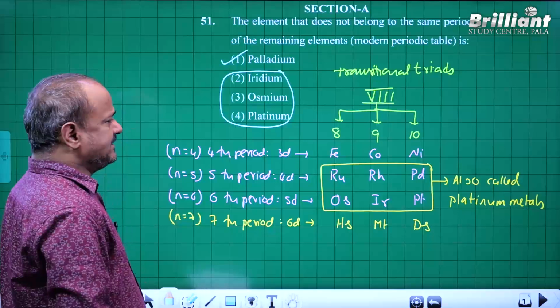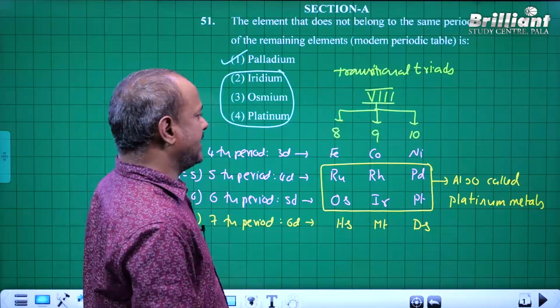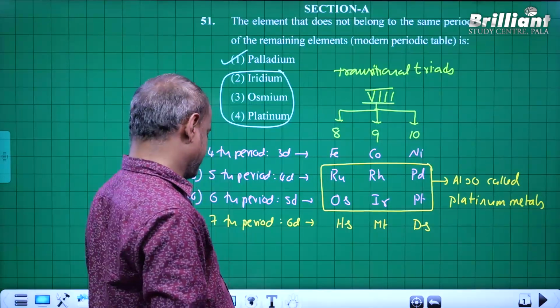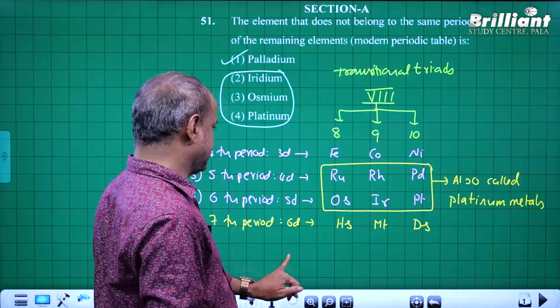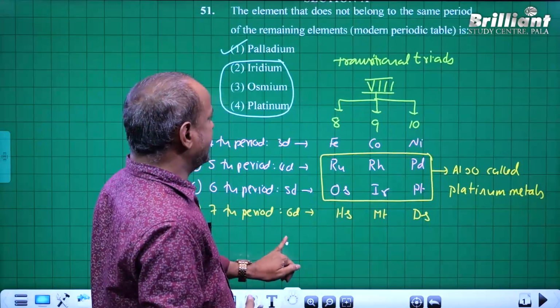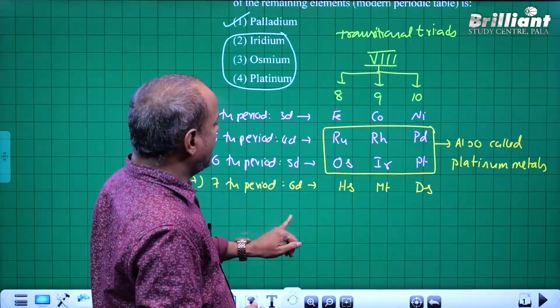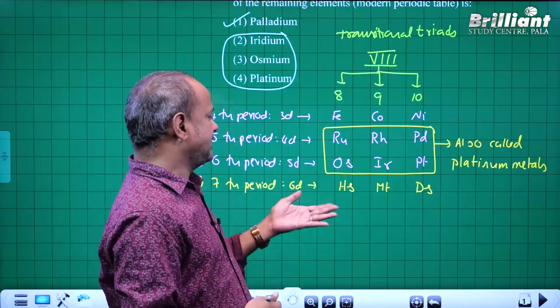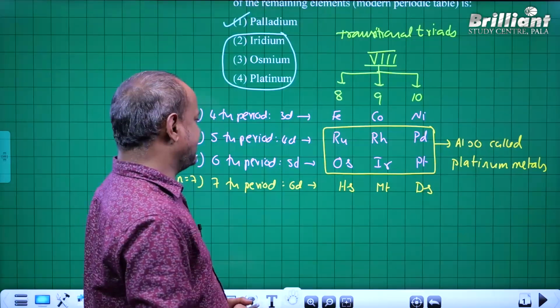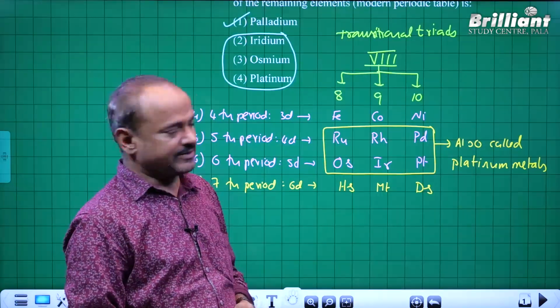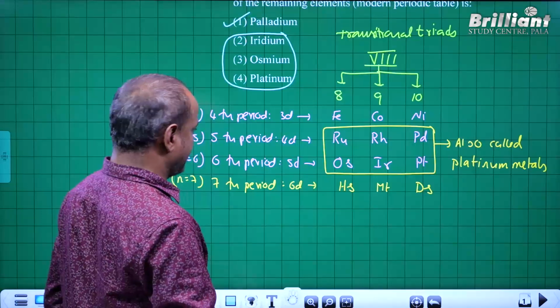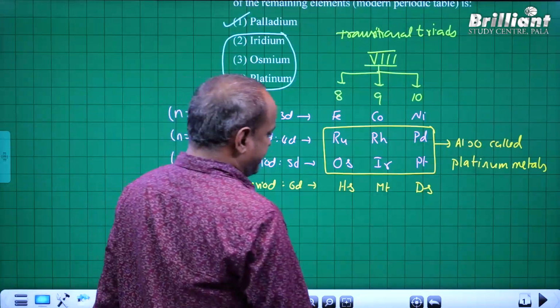So triads means groups 8, 9, 10 are called triads because of close resemblance in the properties. Among them, the second set and third set, that is the 4d set and 5d set, are called platinum metals. Okay. Next one,